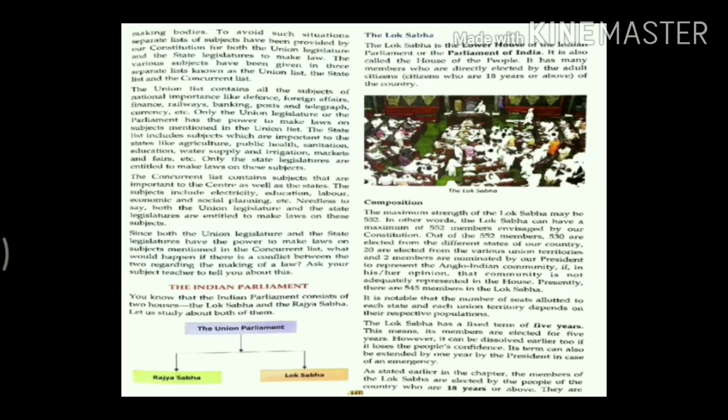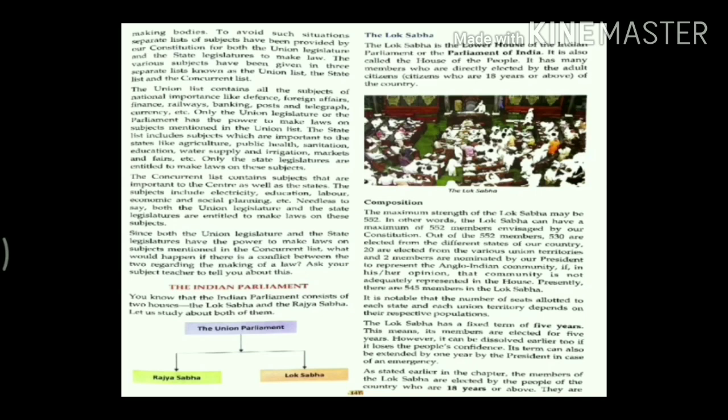Now you can see the composition. Here you see our whole country is divided into 543 parts. It means what? Do you know what these 543 parts are? These parts are called constituencies, and from each part a person represents as a nominee to Lok Sabha. How are the members elected, and where do the Lok Sabha members come from? You have to be aware of that, isn't it?